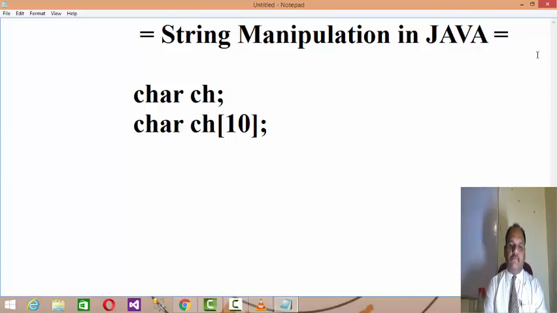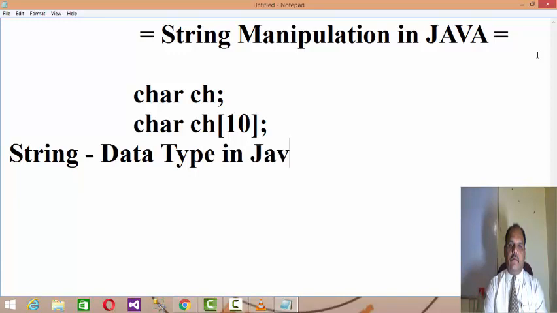But in Java there is an individual data type called String, and to manipulate strings it provides various non-static methods.